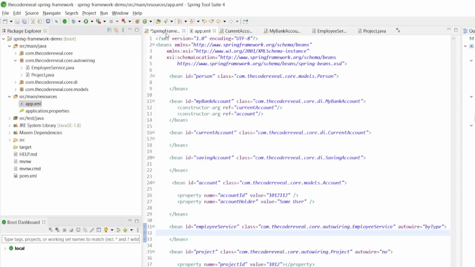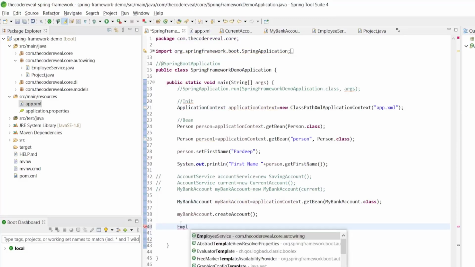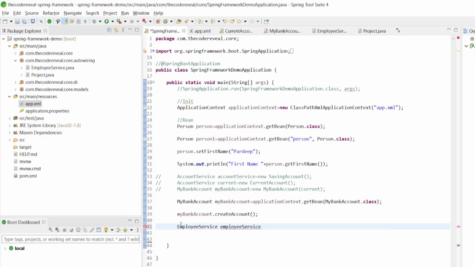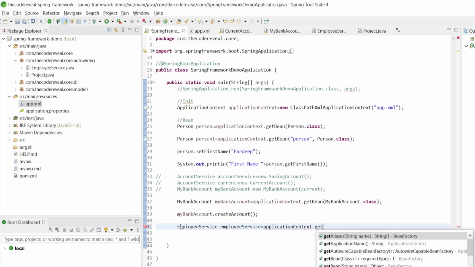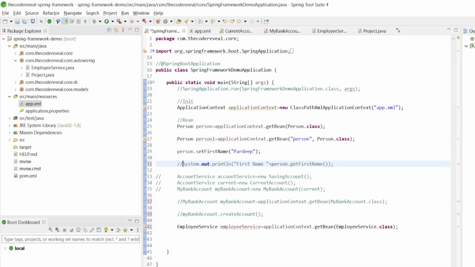So let's now go to our main class and we'll use here employeeService. Get bean. Let's comment the others. Get employee details. Now we'll run this as Java application.